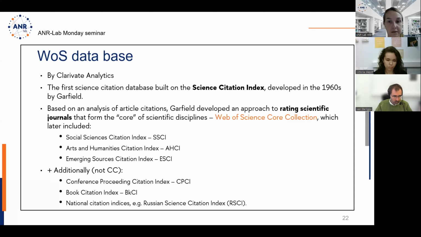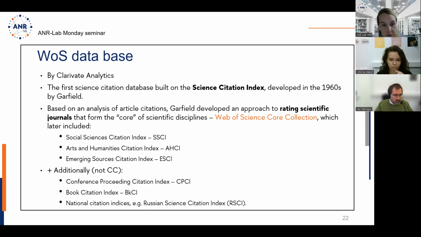And later, three more databases were included into this core collection, which are Social Science Citation Index, Arts and Humanities Citation Index, and Emerging Sources Citation Index. So all the journals which are indexed in these indices are seen as the core. So they are included into Web of Science Core Collection. And additionally, in Web of Science now, we can also find Conference Proceedings Citation Index, Book Citation Index, and also